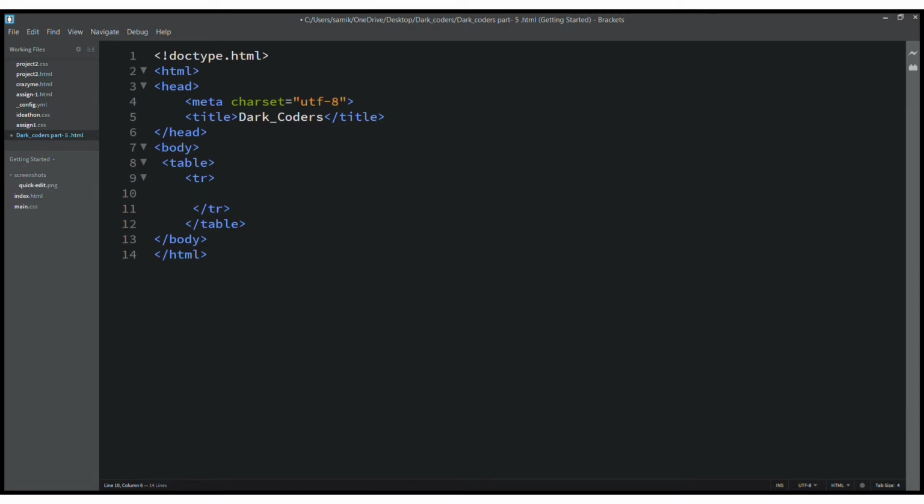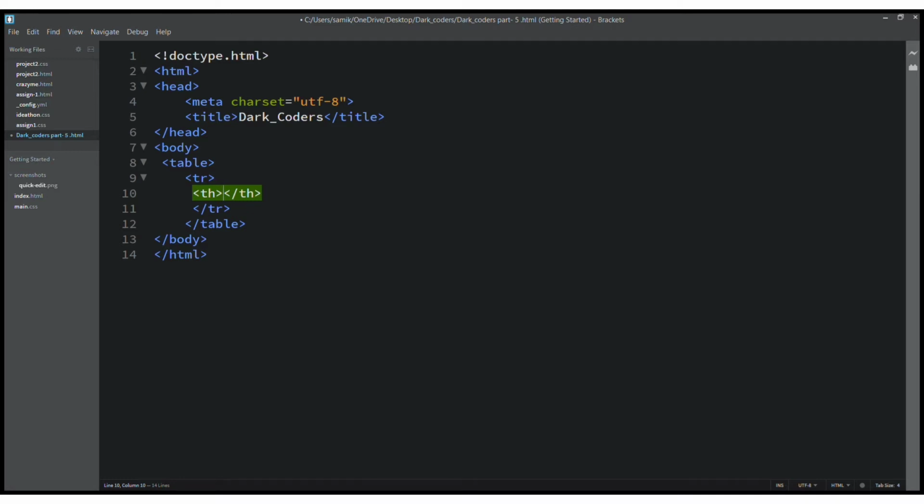After that, inside the tr tag, we are going to use the th tag. The th tag will make the text bold. Actually, it doesn't just make the text bolder, but it marks the heading on top. Whatever you write, like the roll number, class, or section, will be written in th.